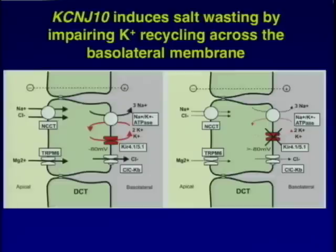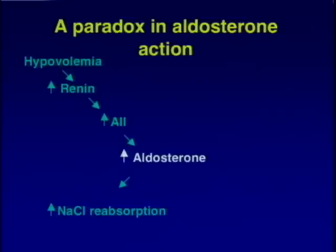So this is the first example of a potassium channel acting on the basolateral surface that is impairing salt reabsorption in the kidney. In the rest of my time, I want to talk about a project that we've been working on for a number of years that continues to interest us and has actually turned us into more physiologists than I'd care to admit. So this starts off with a classic paradox, though, in physiology,